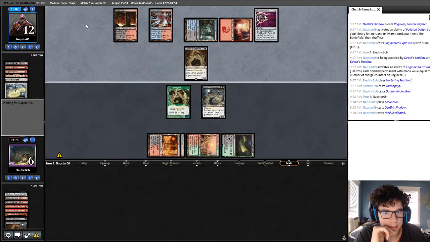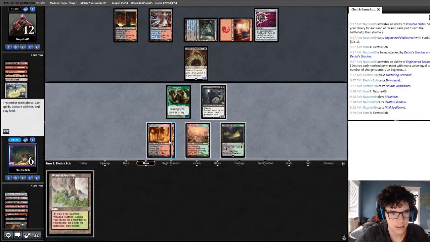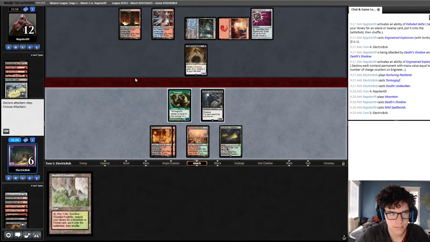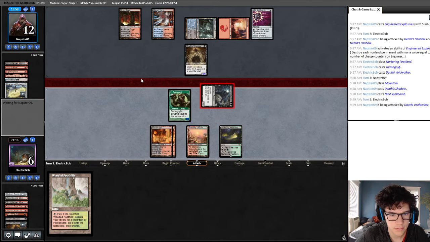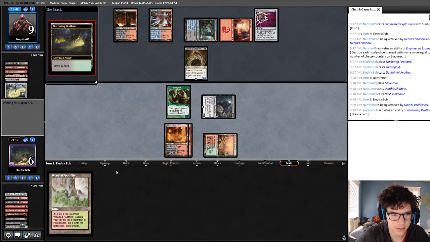Unless they have a removal spell, which would be kind of awful, but it's okay. This is weird, because I feel like attacking's wrong. Whatever. Get in there, Dothi. Let's just sack this Peat land. Probably should have done this first, but